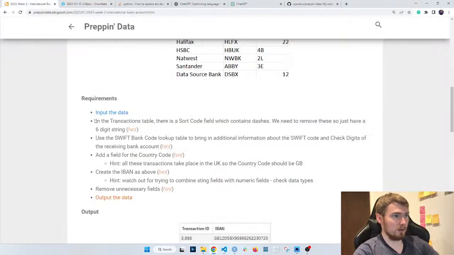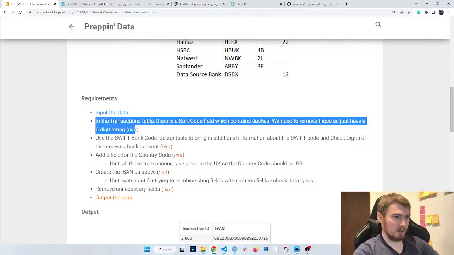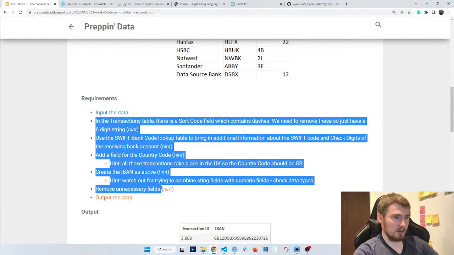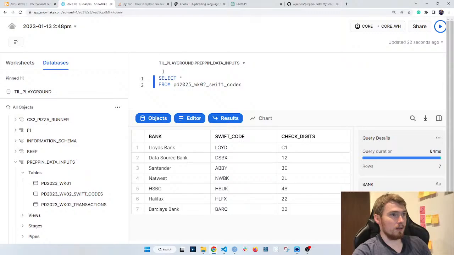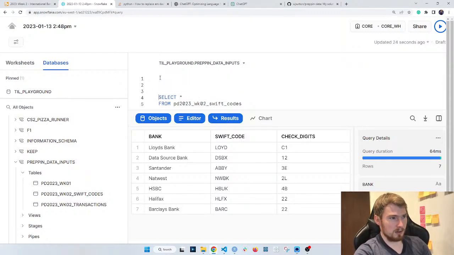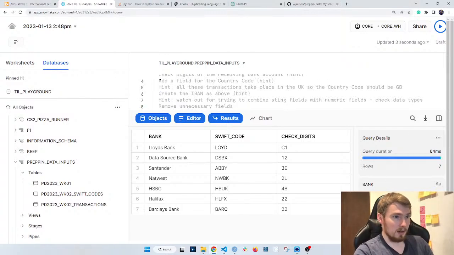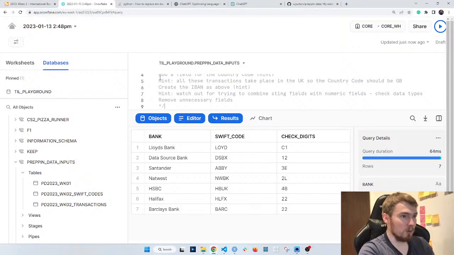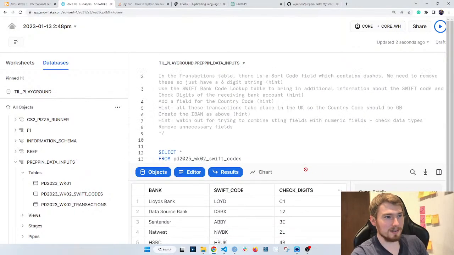Okay, so let's go and do as I did before. I'm going to copy all of this. So we've done step 1. We've input the data, and then we can go and return this. As last time, SQL is a bit different. I'm not going to be able to do this line by line. I just have to basically do it all in one go, in one query at times.